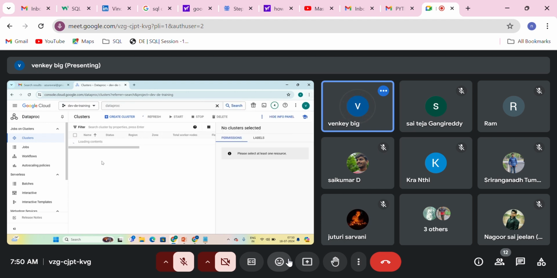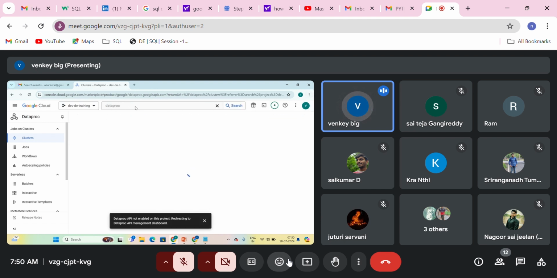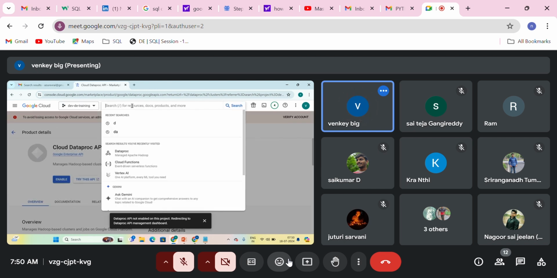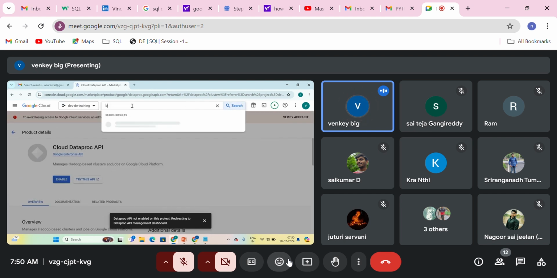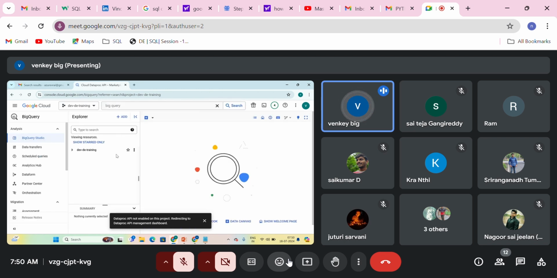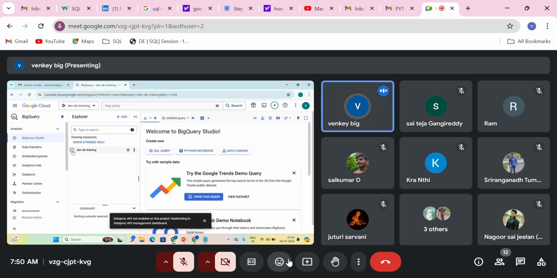And BigQuery. This BigQuery is one of the services, again for data warehousing, where we create the tables and load the data into the tables. Everything we'll do here.